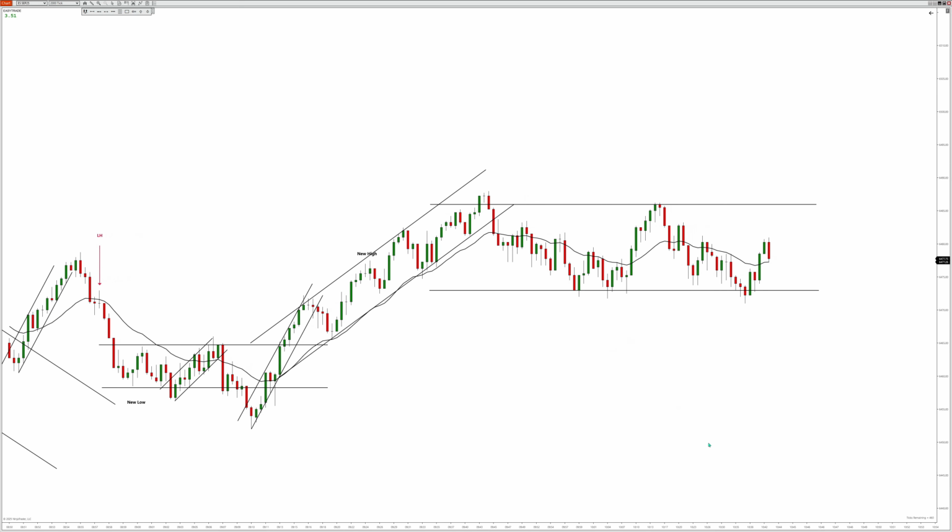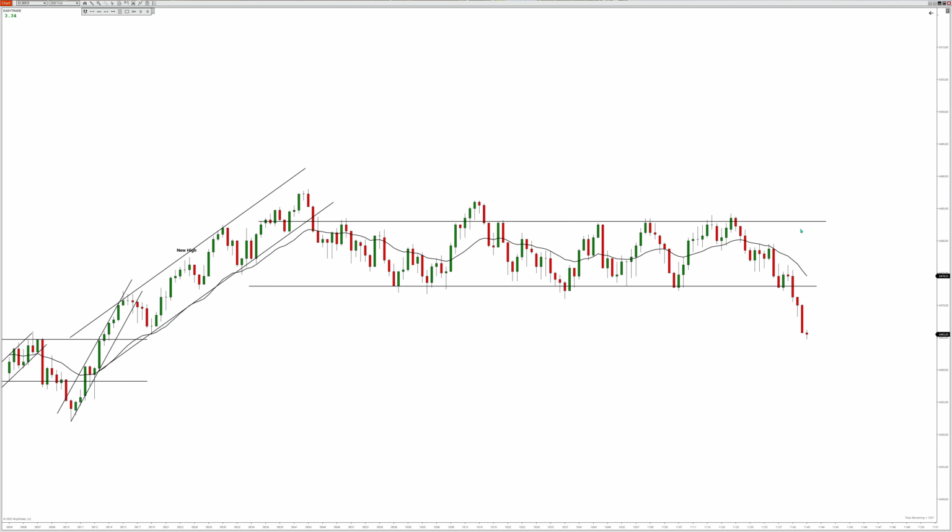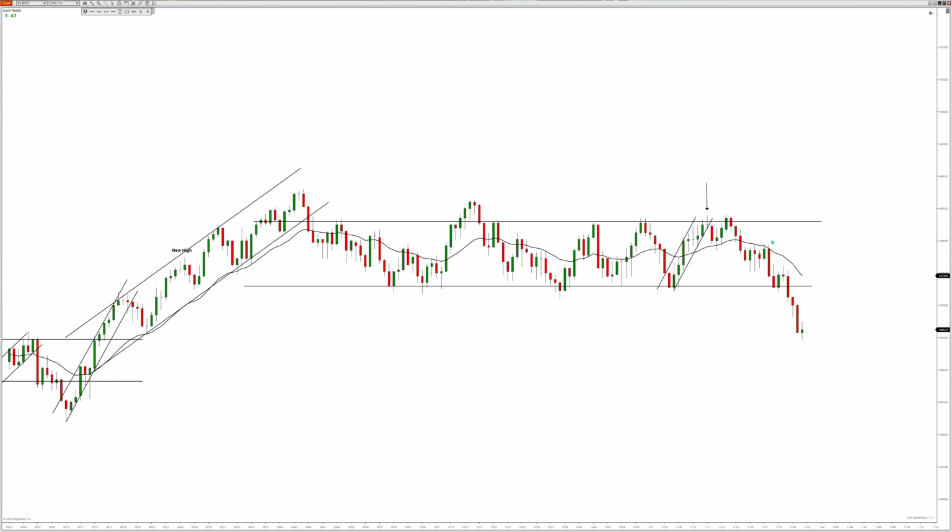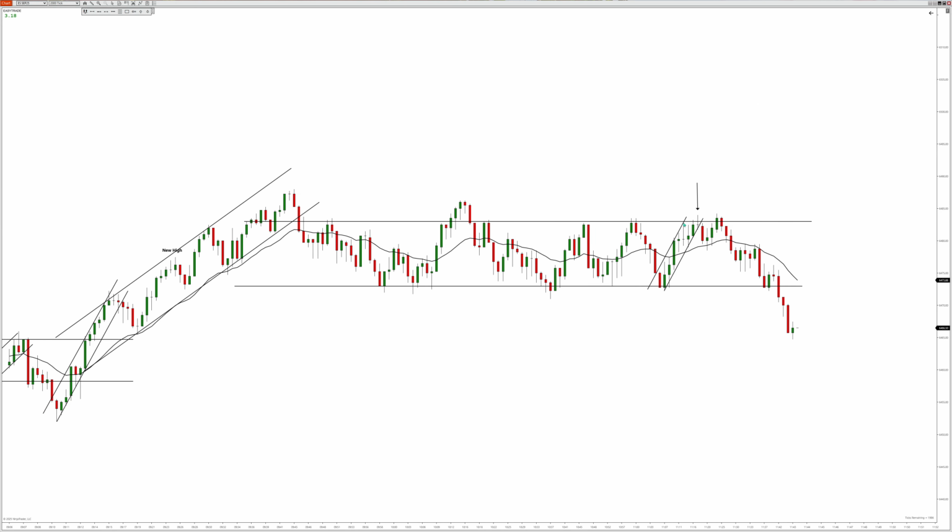Just came back from my break. It looks like we were in that consolidation for quite a while. I don't really see any good setups. I guess you could consider this one decent. It's kind of like a second entry short, but you can make a case for a short-term uptrend working higher, something like this. And you don't really want to go long while that trend is still in play. So it's definitely a risky trade, but you can see multiple tests off the top. It's a small bar, small risk, so you can go ahead and consider taking something like that. I don't think I would have taken it if I was here just because of the short-term uptrend, but definitely